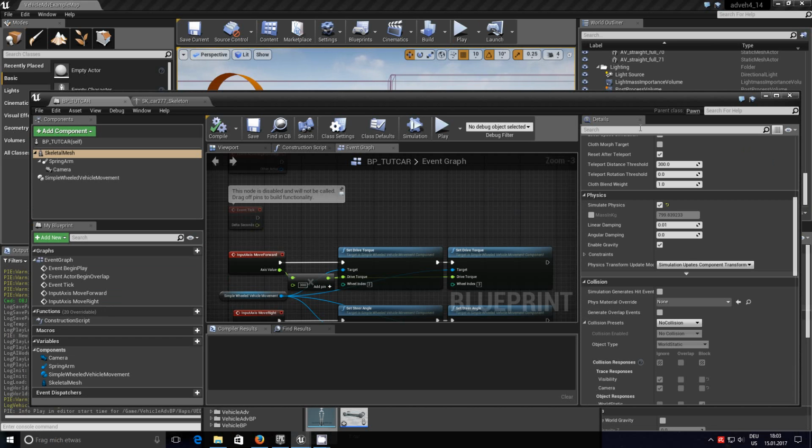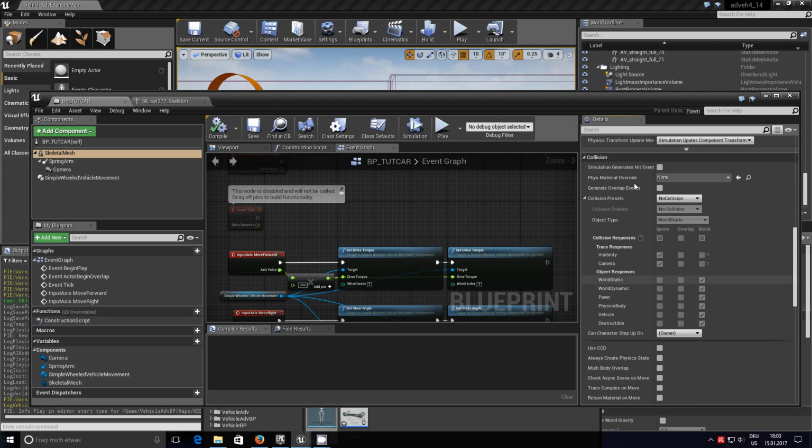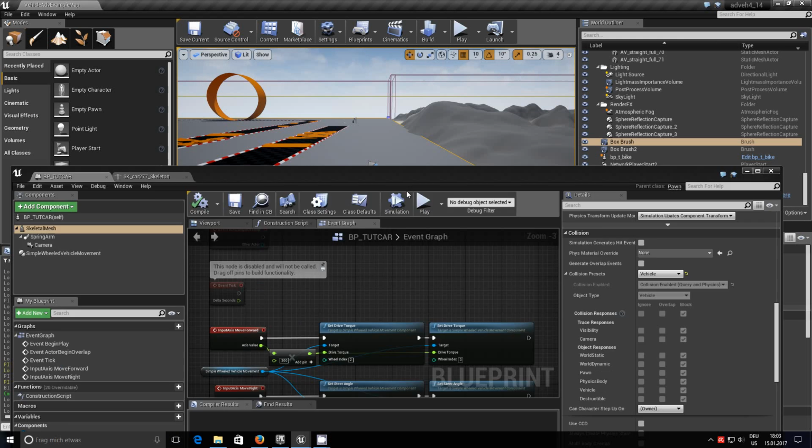See here. I say see here, where my mouse is pointing. Skeletal mesh is selected in the components. Right. I put a tick into the physics, simulate physics, but collisions was set as being no collisions. So you can set to pawn or set to vehicle. See which one works for you. Save, and hopefully,